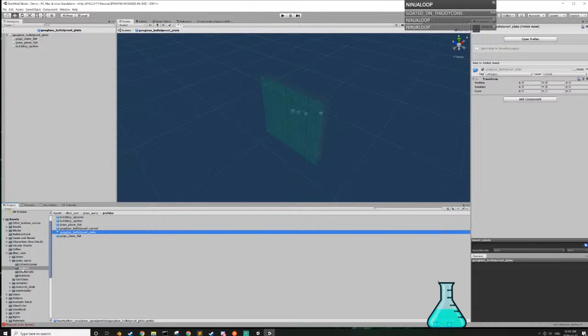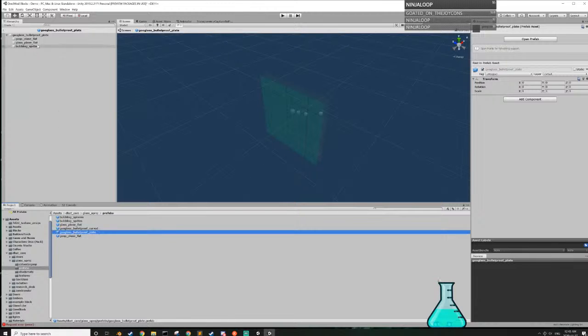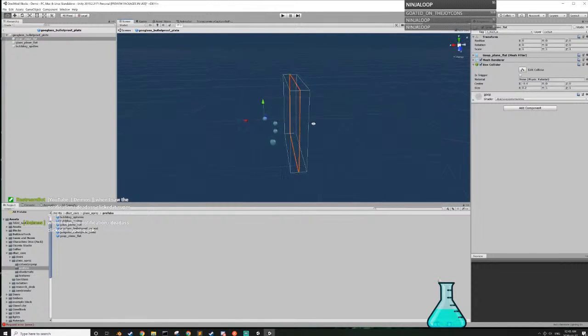It does say prefabs. So, you know, I'm kind of thinking that this is the one. Bulletproof plate. Yeah, so if we do this, we want to make sure that the box collider is set to there. The problem is that it's set off center, and I hope that's not a problem. This is so that when you hit the glass, it actually breaks. Because it has a T-mesh B, which is a thing that is used to